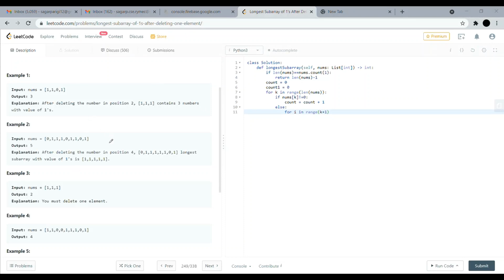If I'm here, I'll increase the counter up to 2, and if I see 0, then after 0 I have to move. So that is the reason why I'm writing k plus 1 to length of nums.